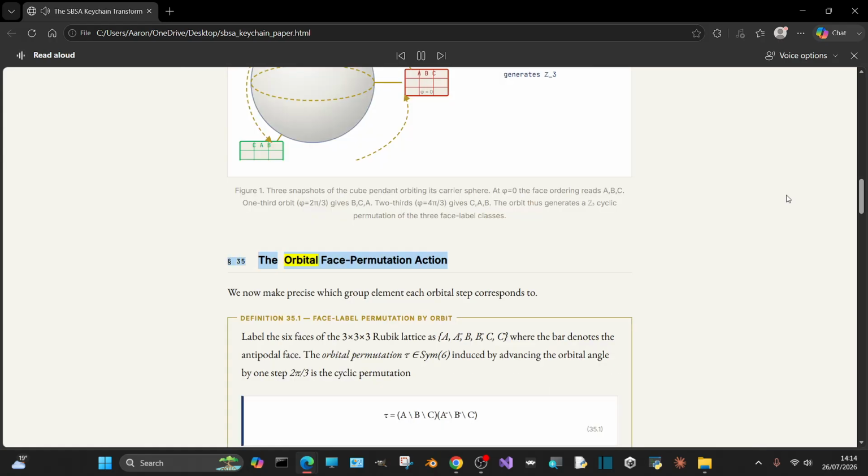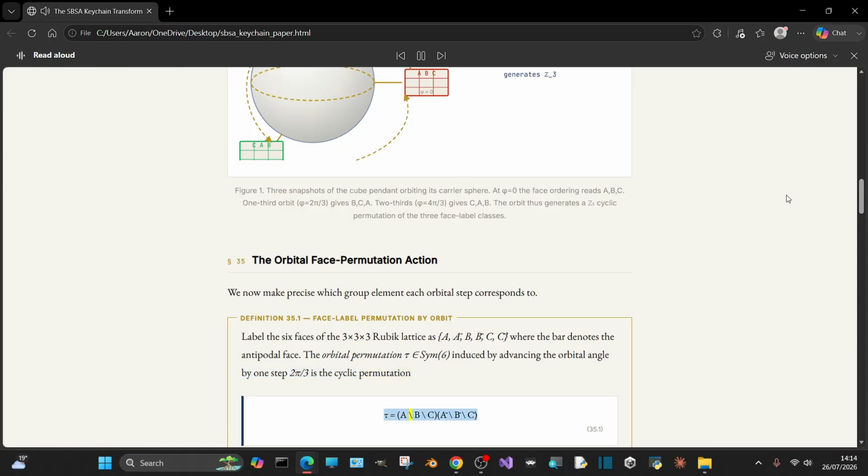Section 35. The orbital face permutation action. We now make precise which group element each orbital step corresponds to. Definition 35.1 Face label permutation by orbit. Label the 6 faces of the 3x3x3 Rubik lattice as A, Ā, B, B̄, C, C̄, where the bar denotes the antipodal face. The orbital permutation tau in S_6, induced by advancing the orbital angle by 1 step of 2π/3, is the cyclic permutation